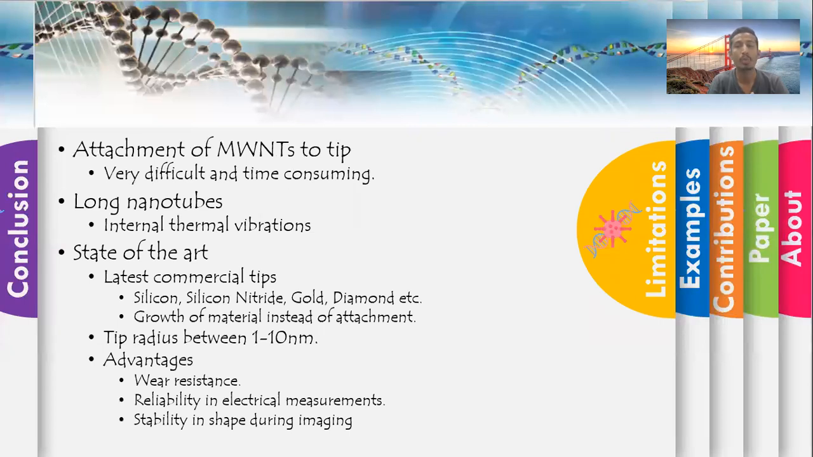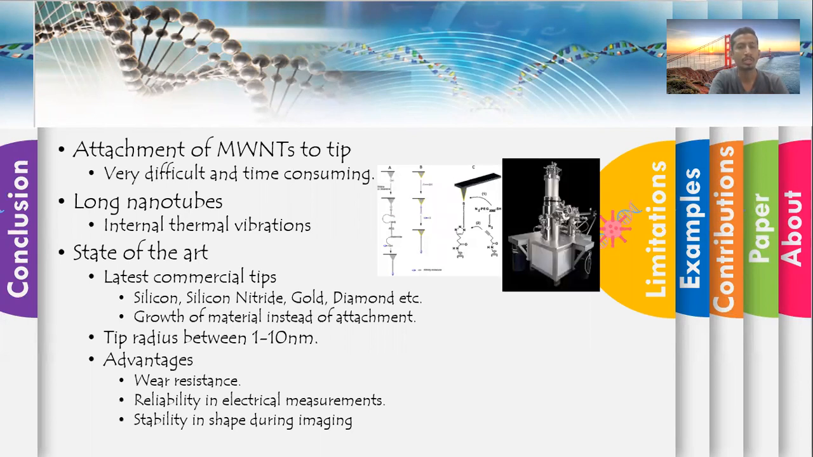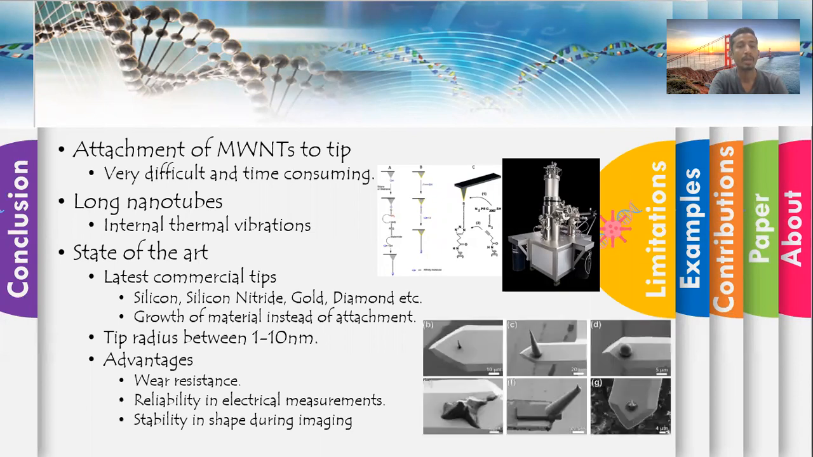The tip radius is between 1 to 10 nanometers, depending upon the application. So you can see in the image that the tip is being grown, how we can grow materials on the tip. And there are multiple advantages of using those materials: they are wear resistant, there is high reliability in electrical measurements, and there is stability in shape during imaging. In the bottommost picture, you can see that there are multiple sorts of tips available, which may vary from